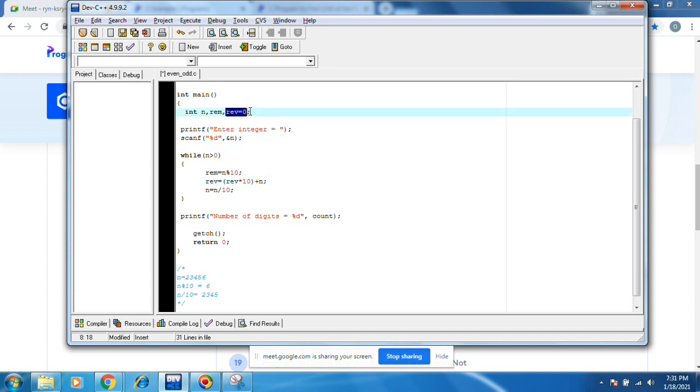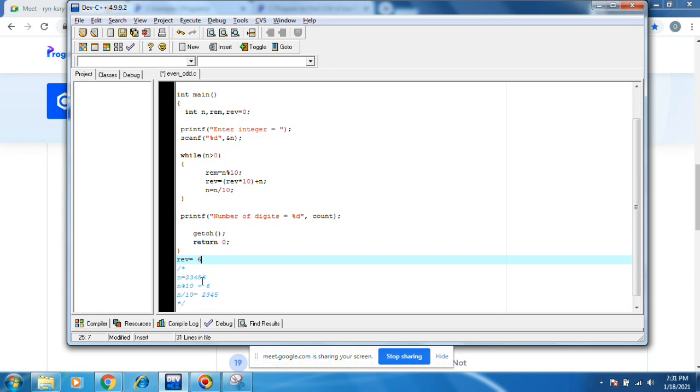Reverse value is 0. 0 into 10, 0 only. 0 plus n equal to 6. That means reverse value is 6. First, reverse value is 6. Next one.